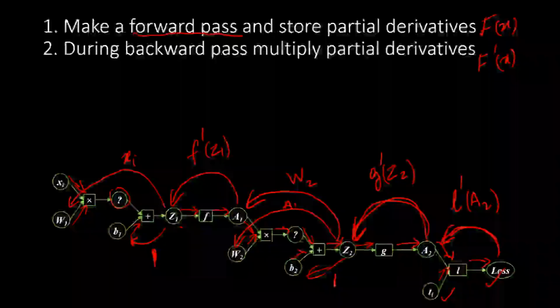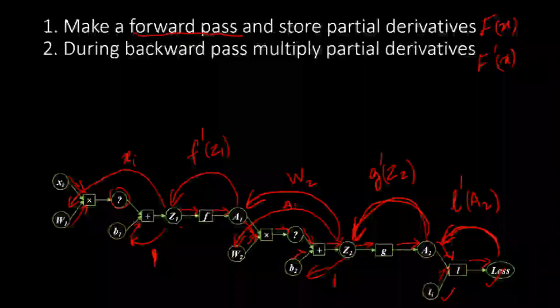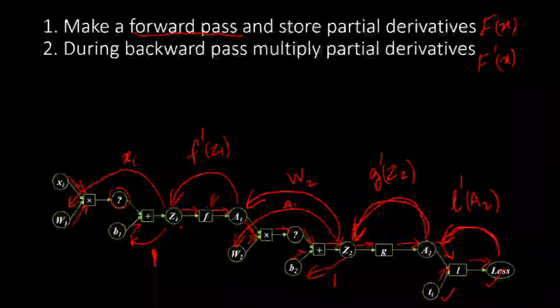Just follow the chain from the loss to the parameter whose partial derivative you are trying to compute and multiply everything coming back. But we compute it and store it locally going forward. So going forward, all we need to do is store the partial derivative f dash at this point. We need to store the partial derivative of z1 with respect to w1 at this point, which is going to be x1 or xi, and so forth, right?